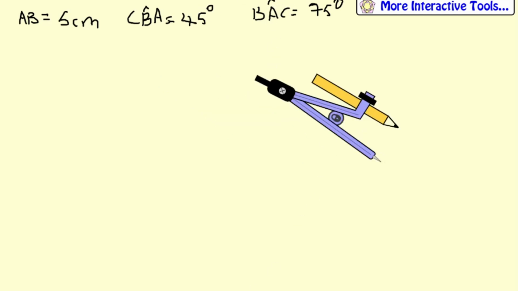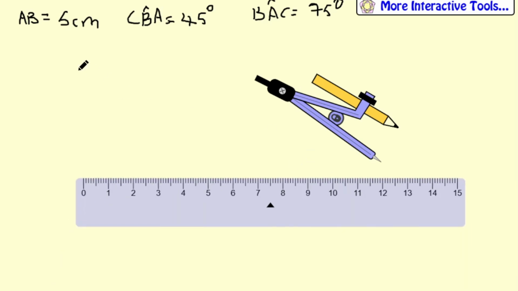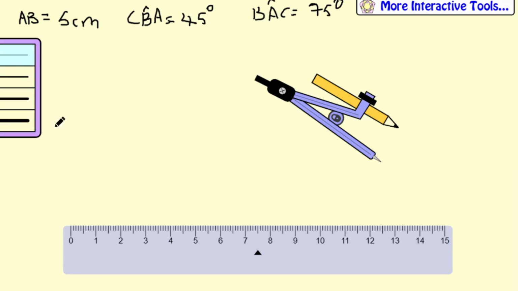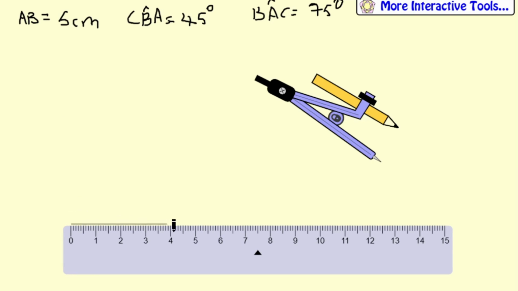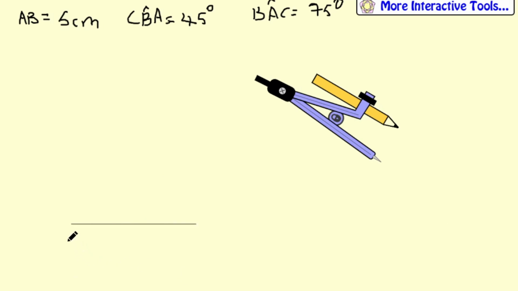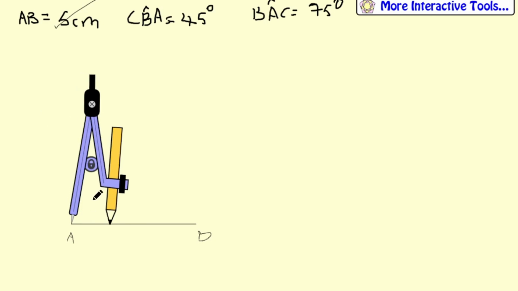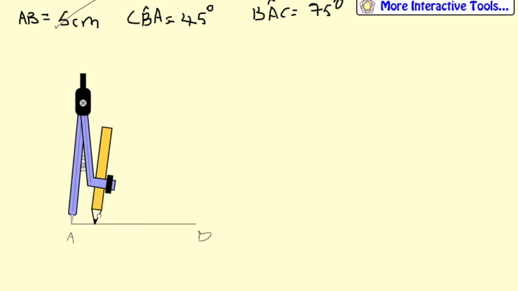Let's do that now. So first things first, we need to establish the first part of the question, which is AB. Light line, 5 centimeters, label A, label B. Then the next thing we're going to do is to construct our 45 degrees. But let's tick off AB first. Finish with that. So 45. First,